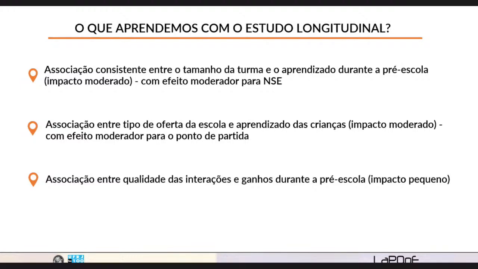And we also saw an association between the quality of interactions and the gains in cognitive development throughout preschool. A side note here: in general, international literature emphasizes more the quality of processes and interactions, but we used a very specific instrument, which is CLASS. And according to other studies, the institutional support is the dimension that is mostly associated with children's development, but we didn't see that correlation so much in the district that we